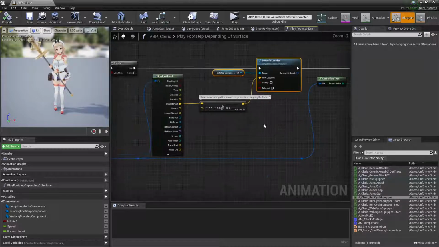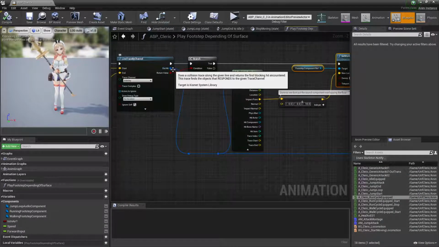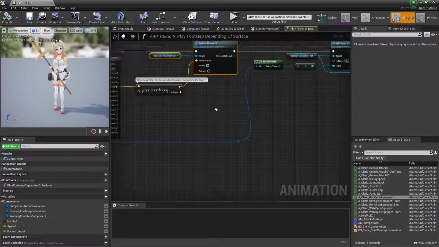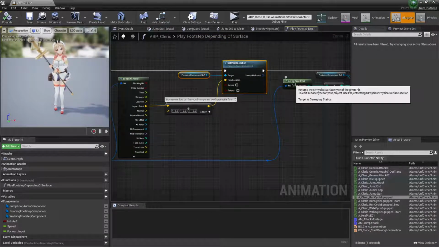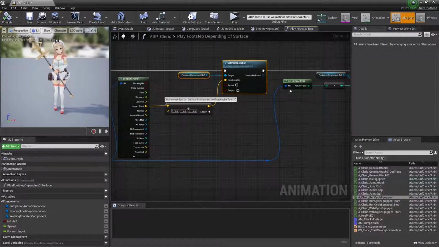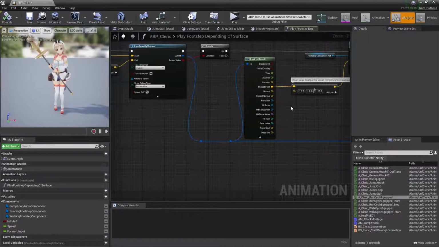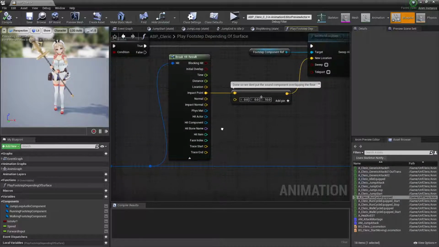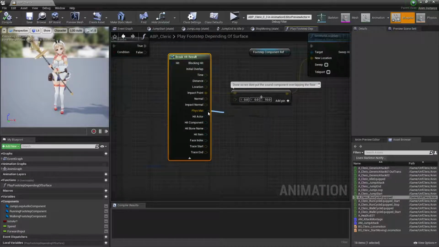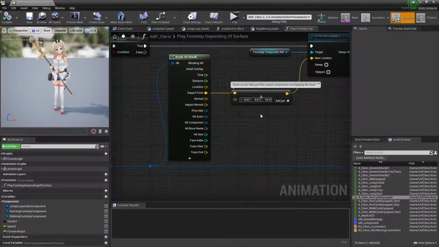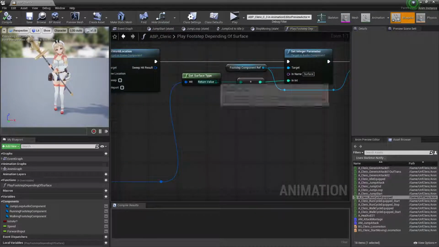This line trace gave us the output that we need, so we just need to call get surface type. We call it directly, or you could also use the physical material, but get surface type will return to us